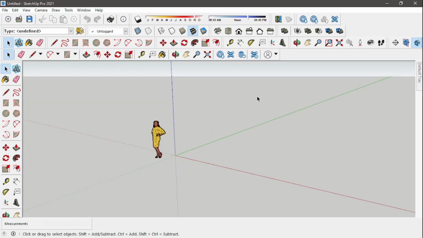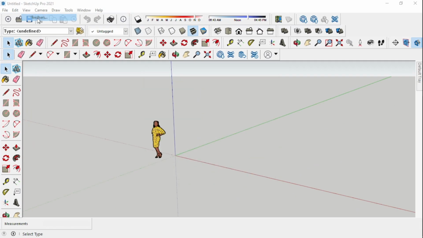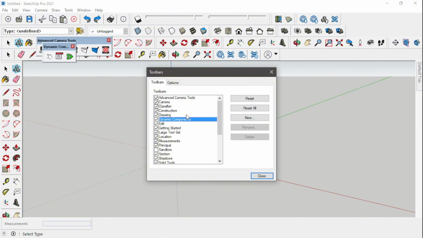It will show us an empty space with various tool options. If it doesn't show any tools on your screen, click View on your upper screen and search for Toolbars. This will reveal all the hidden tools. If you want to display one, click the check mark on the tool and it will appear on the main screen.